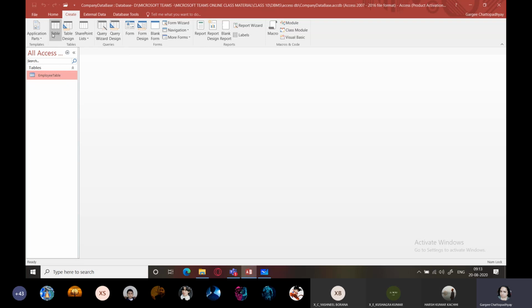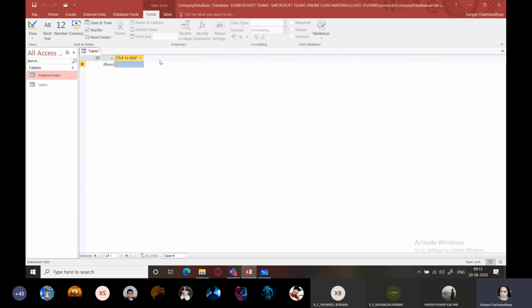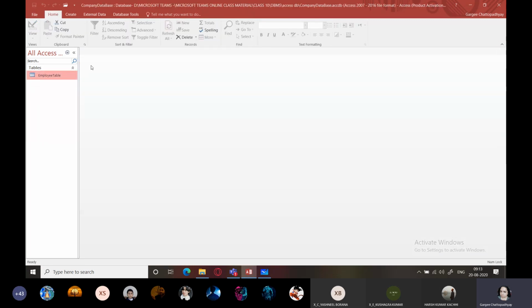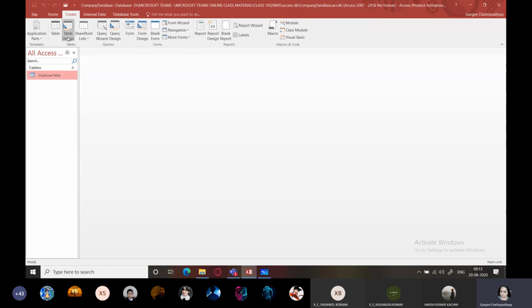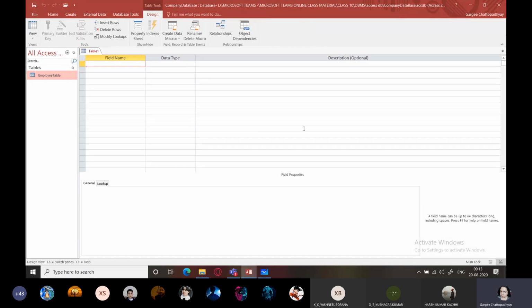If you want to create the table in the datasheet view, you have to click on table. If I click on table, it will open the datasheet view, and you can create your table in the same way you had created the employee table before. But I'm not going to use that method today. I'm going to use the second method, that is table design. We'll click on table design, and it opens the table in which view?